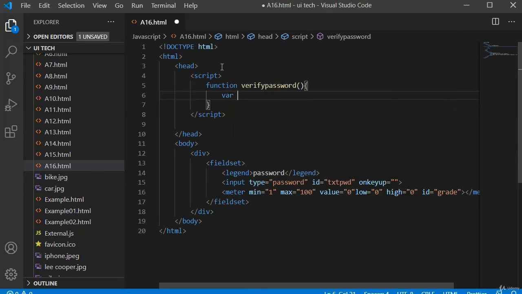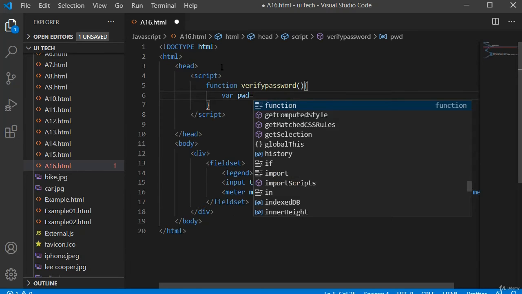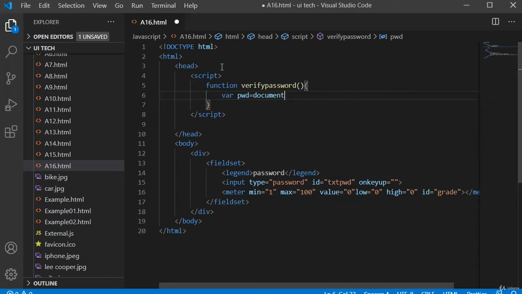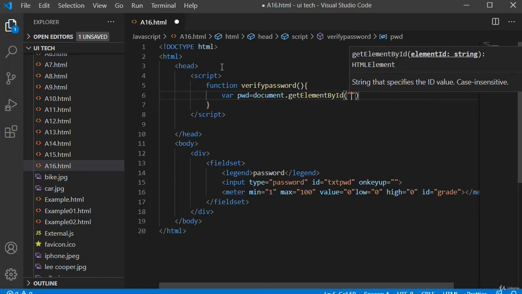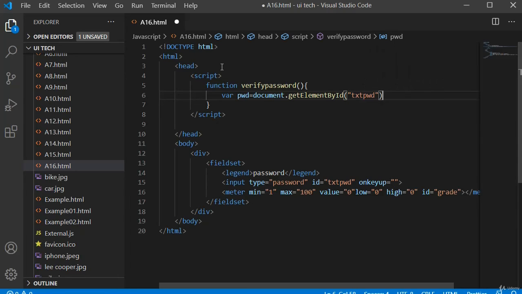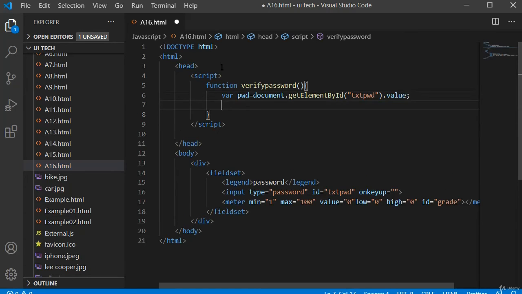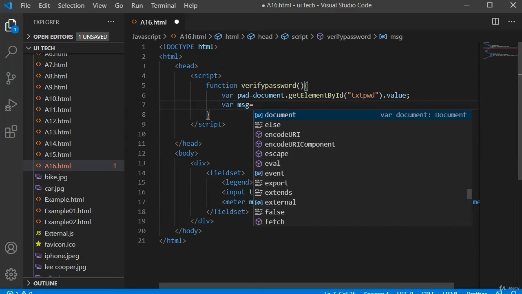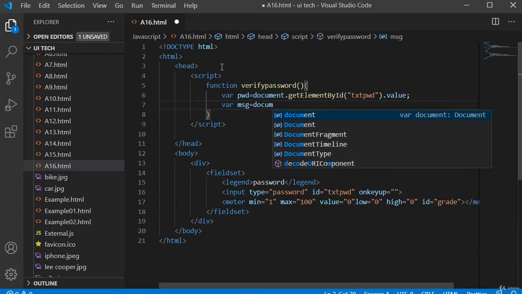Inside this function, I will create a variable pwd is equal to document.getElementById txtPwd dot value. Next I will use another variable msg is equal to document dot